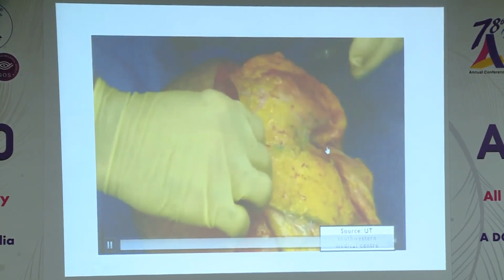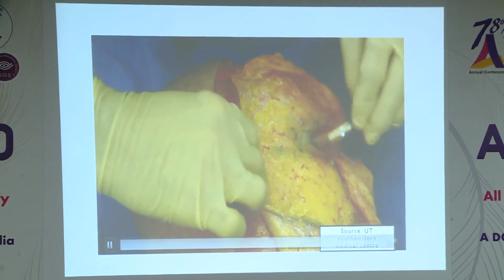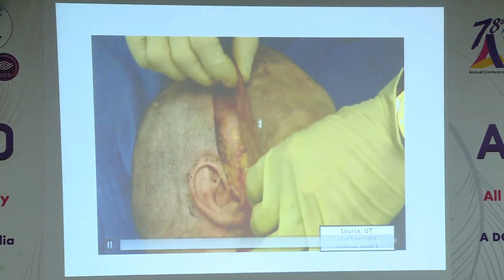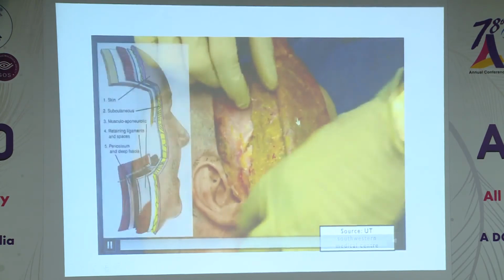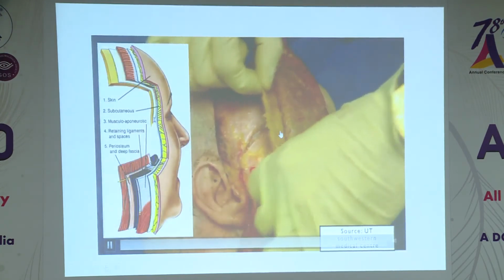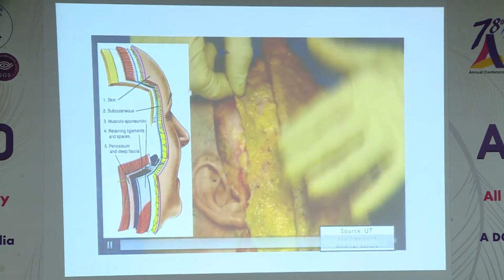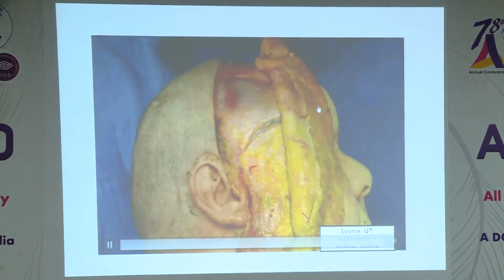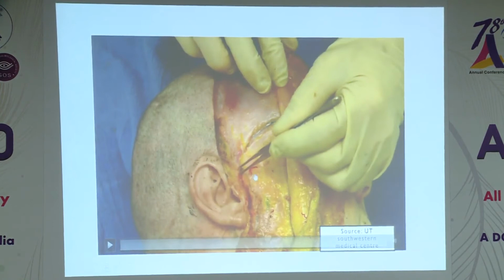So when you inject in the temporal area, inject between the skin and subcutaneous tissue and the superficial temporoparietal fascia. This is the safe zone because the middle temporal vein is below that, and the superficial temporal artery, the location we all know now. This is the safe zone between the skin and subcutaneous tissue and the superficial temporoparietal fascia. Don't go near this.